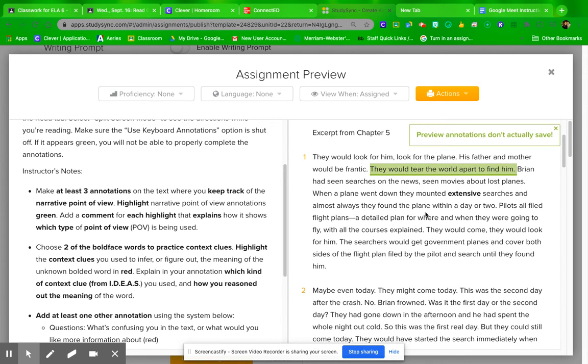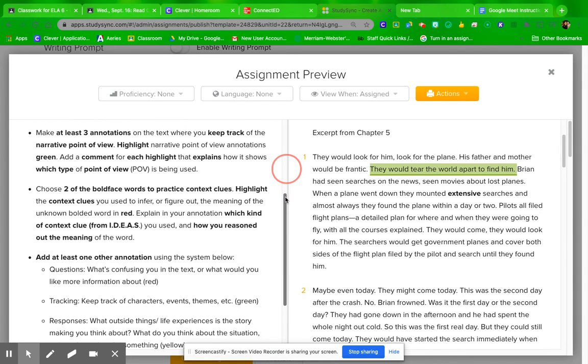All right. So for point of view, you're going to look at what kind of point of view. We know that there are 3 types of third person. There is third person objective, where we don't have any thoughts or feelings on the characters. We have third person limited, where we're limited to the perspective and feelings of one person. And then we have third person omniscient, where pronouns are in third person, but we have every character's thoughts and feelings. So we have to read on to figure out what kind of point of view this is. Point of view is getting tracked in green.